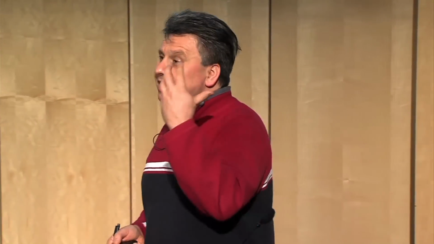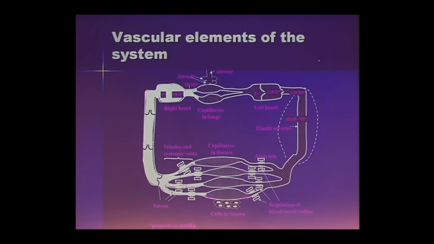The heart generates the flow in order to perfuse the tissues, and it generates that flow by generating pressure, and that driving pressure is what it does. Then the blood goes through the various vascular elements of the cardiovascular system. If we take a look at the systemic circulation, starting from the left ventricle and ending in the right atrium, I apologize, we have arteries right here, arterioles, capillaries, venules and veins, and those are the vascular elements of the cardiovascular system. So today, what we're going to be doing is mostly talking about these.